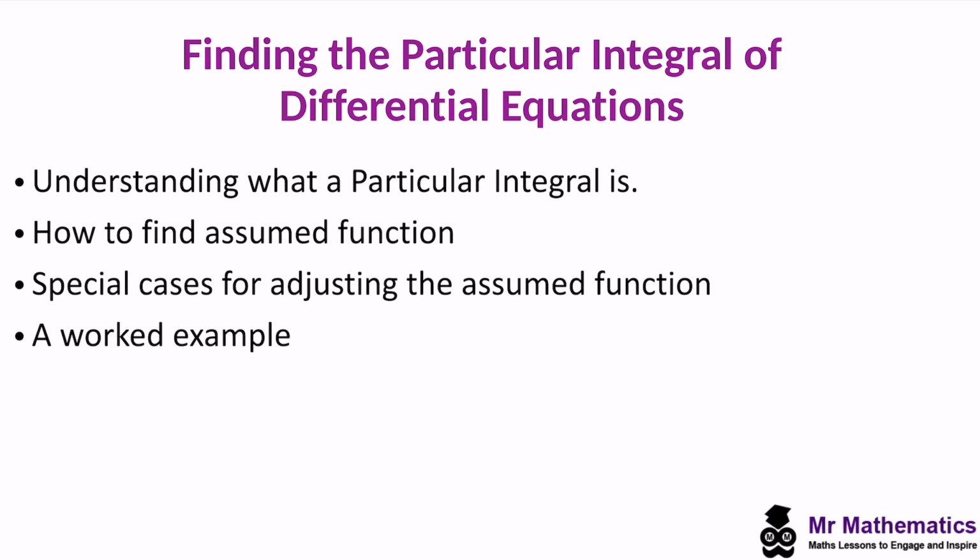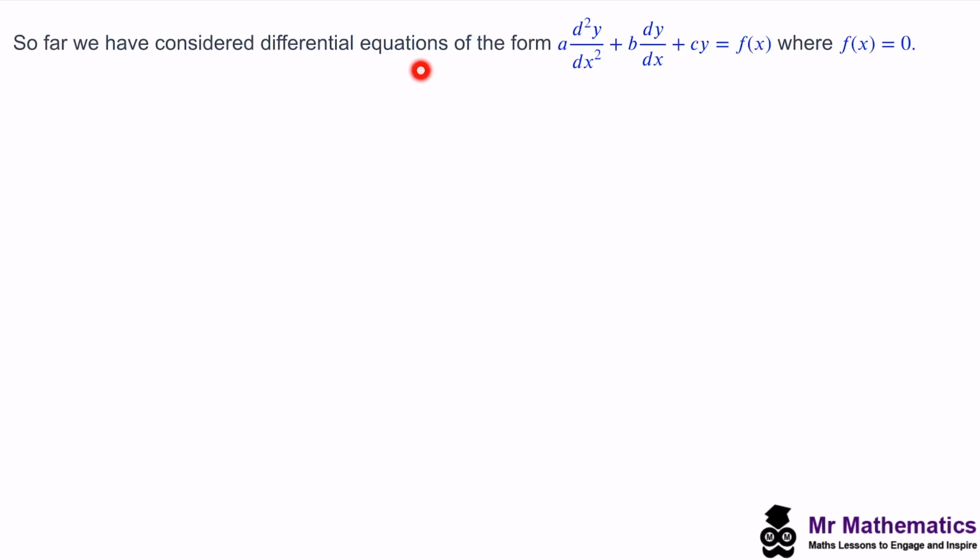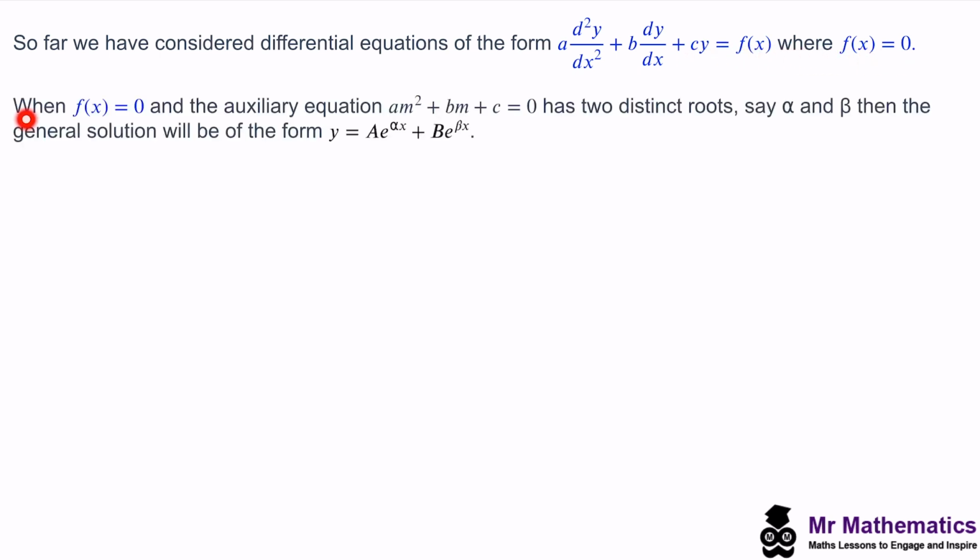Okay, so let's begin. So far, we have considered differential equations of this form, where we've got a second derivative, a first derivative, and a function of y, and where f of x would equal 0. So when f of x does equal 0, and the auxiliary equation has two distinct roots, when these a, b, and c values are taken from a differential equation, and let's say the roots are alpha and beta, then the general solution will be of the form y equals a times e to the power of alpha x plus b times e to the power of beta x, and we covered in a previous video how to find these